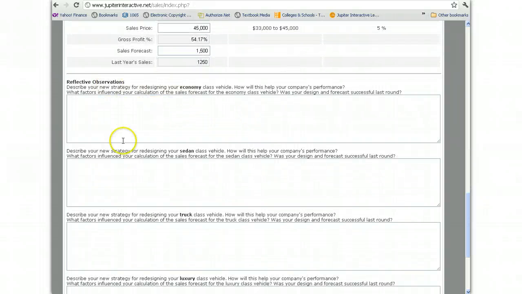Now, in this section below, this is again part of the fantasy of the role playing of the game. You're not just putting numbers in cells. Now you have to kind of think about what you did. So here it says reflective observations. Describe your new strategy for redesigning your economy class vehicle. How will this help your company's performance? What factors influence your calculation of the sales forecast for the economy class vehicle, and was your design and forecast successful last round? So last round, I don't really have to answer this last question here because that's more for round 2. But I guess in the first part, I would put in